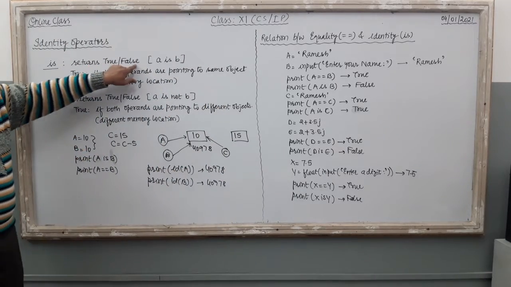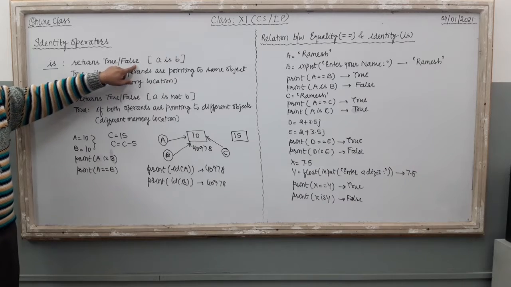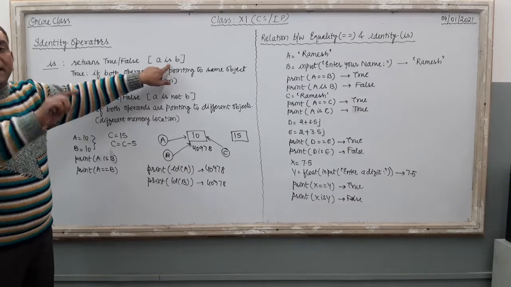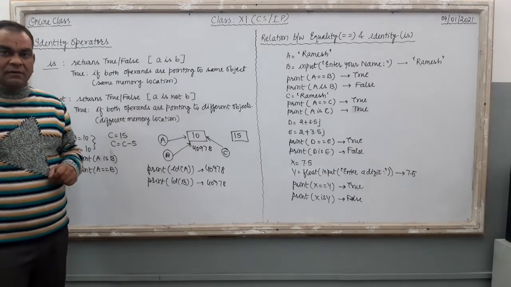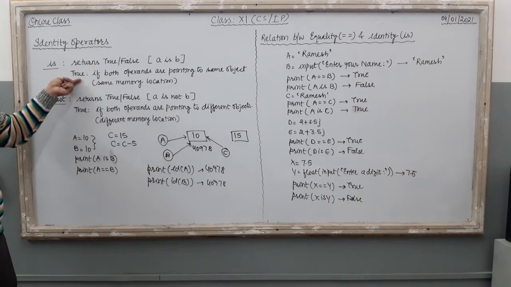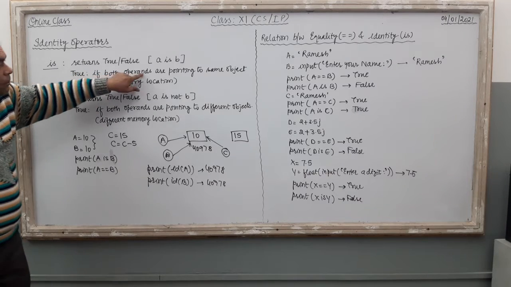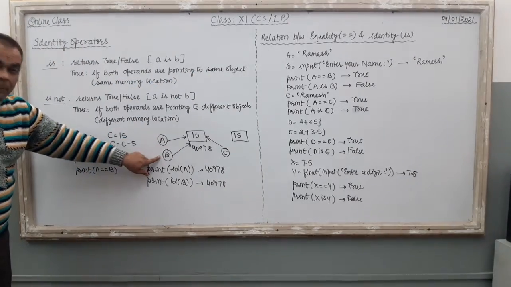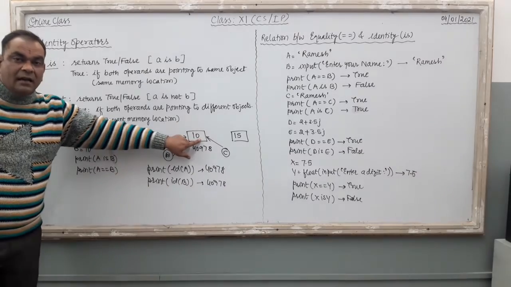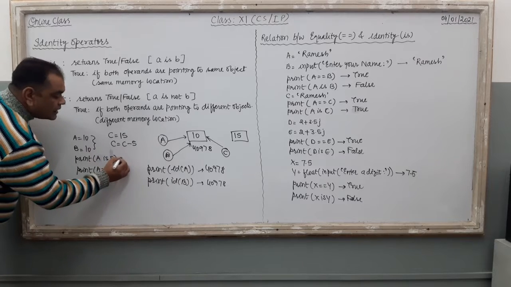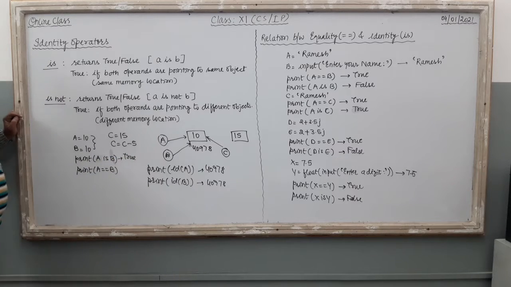Now, in this concept, just see the "is" operator, the identity operator. It returns true or false, always either true or false. How can you execute this operator? You just use "is" in between two different operands: A is B, like this one. Right? Now the result of this identity operator is true when both operands are pointing to the same object. Here A and B, both operands, are pointing to the same object 10. So if you use A is B, what is the result here? The result is true.